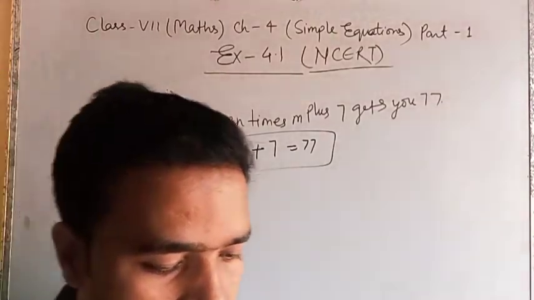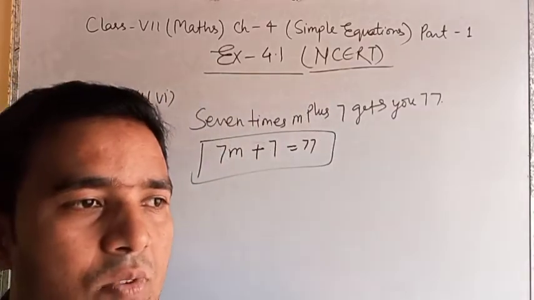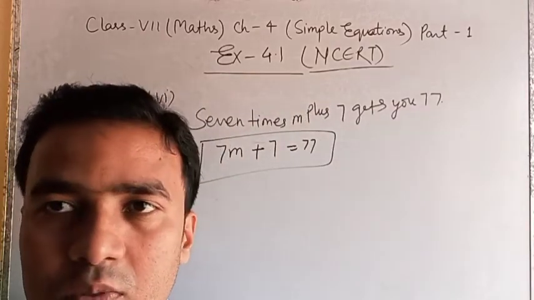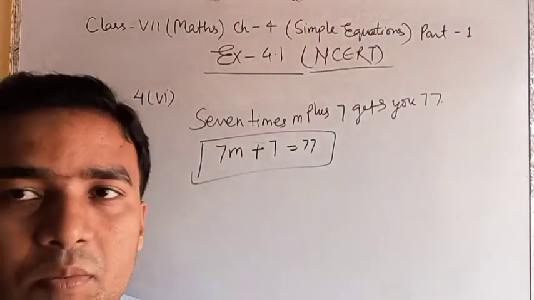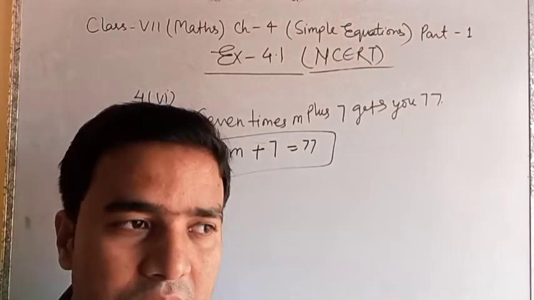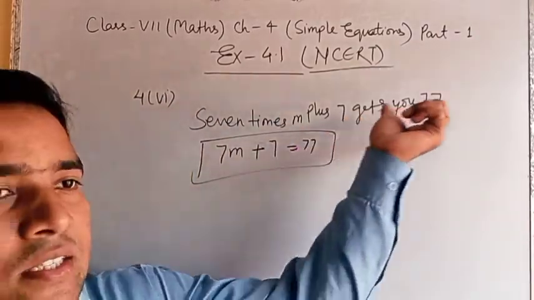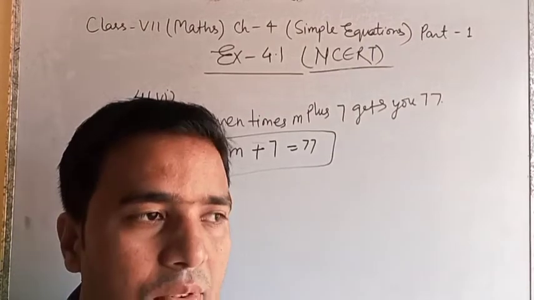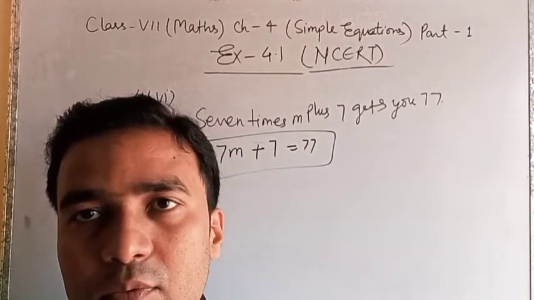Clear? In the rest of the fourth part you can do like this. Only the equation you will write. Don't do the solution. In the fifth one, write the following equation in statement form. Means in the fifth one, the equation is given, and it is asking for statement form. Means 4 and 5 are opposite: 4 you will do like 5, 5 you will do like 4.